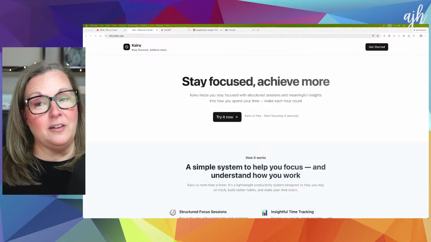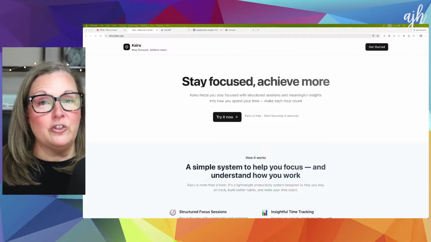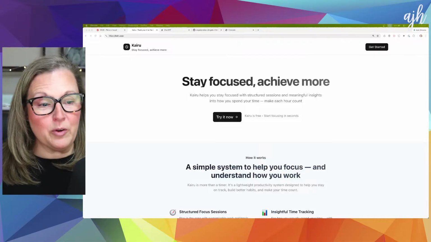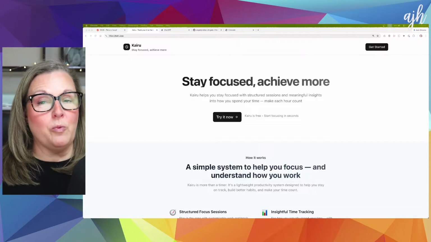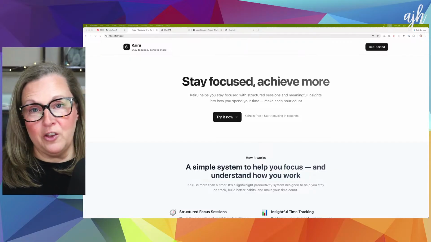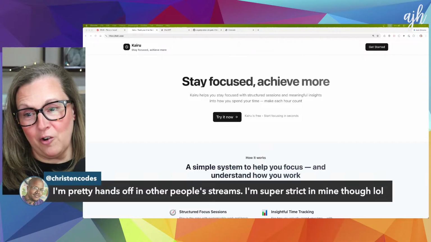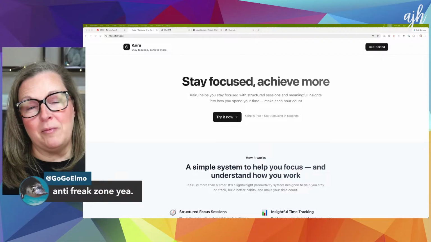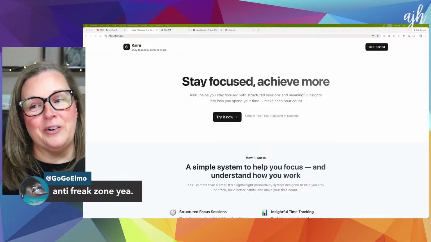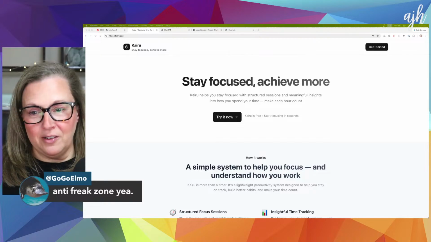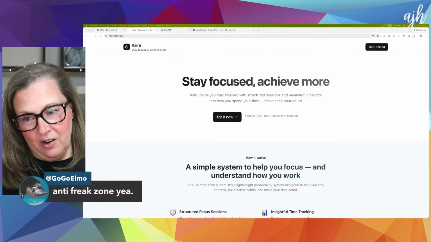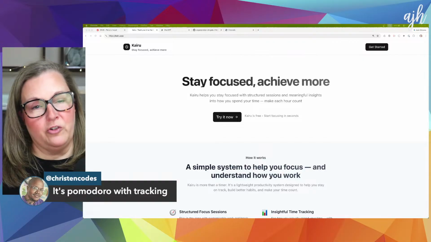It's done amazing things for my confidence, so I can only imagine how a new developer would feel after learning to stream and build in public. It's one of the best things you could possibly do if you're a new developer. And Malik says, this is an anti-freak zone. Yeah, Malik knows. Malik's had to delete a couple of gross comments. And it's Pomodoro with tracking.